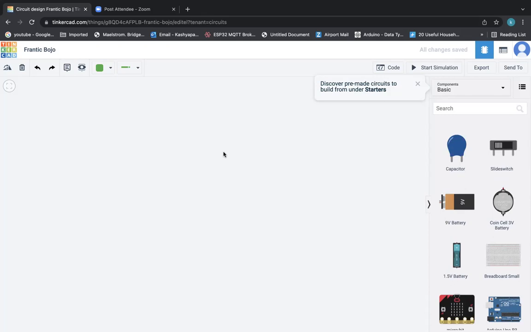So this is a simple interface, as you can see, right? If I start from this side, to your left hand upper corner, you can see this is the name. This software always automatically generates a funny name, but you can always change it by pressing it.